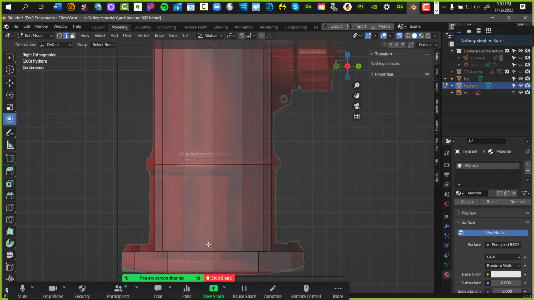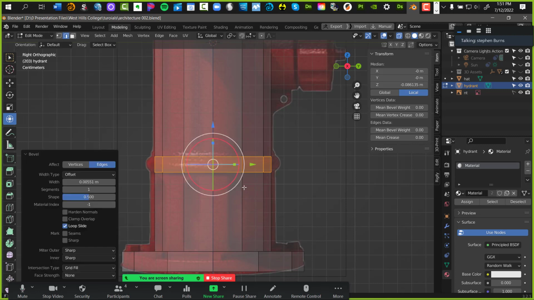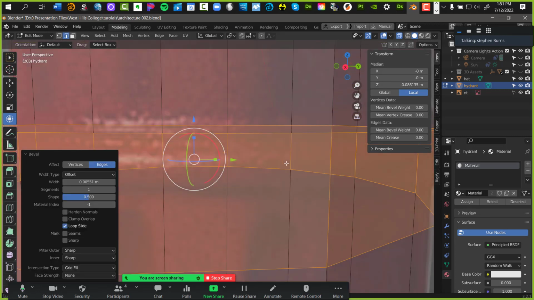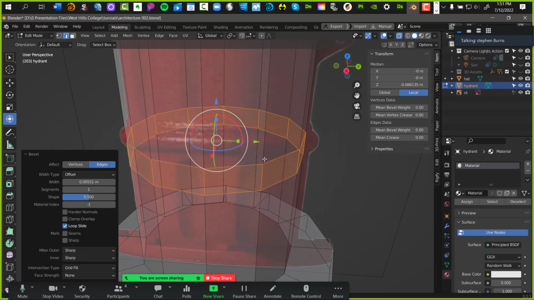Okay. So watch. I'm going to go to my edge editing mode. That's number 2 key in my keyboard. Select that edge. And all I'm going to do is I'm going to bevel this edge out. The first letter of the word bevel is B. Control or Command B for boy. And then once I do it, I'm going to just pull this out and I'm creating a bevel like so. Then I'm going to left click. Now I'm going to do one last thing. This bevel comes out a little bit, right? It extends outward.